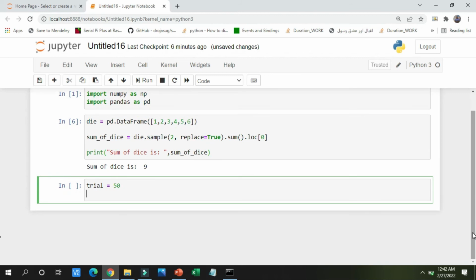Now I will copy the above code again. Now I am writing a result variable, and in this variable I am making a list. I am using the concept of list comprehension. I will write die dot sample, because I want the final answer in a list. And how many dice are there? 2 dice. And I am writing replace is equal to true, and inside this I am writing dot sum,